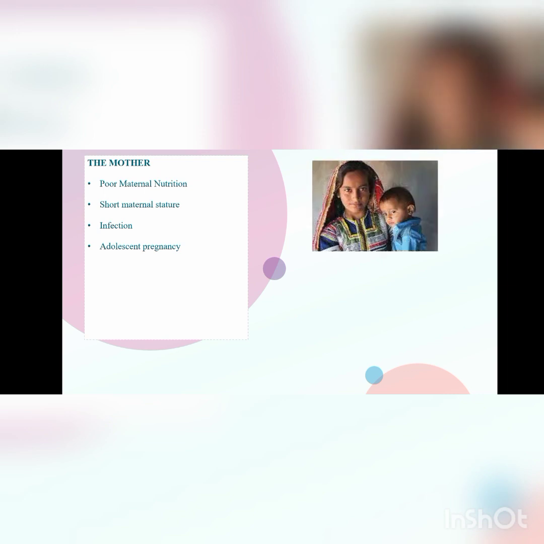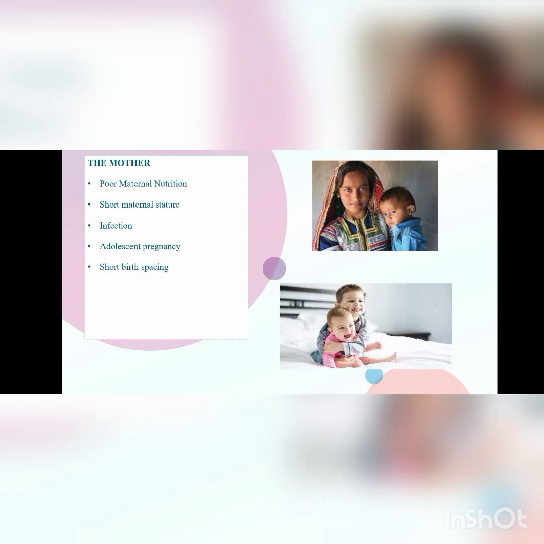in infants. Adolescent pregnancy. Babies of adolescent mothers face higher risk of low birth weight, preterm birth, and severe neonatal conditions. Birth spacing. The World Health Organization and other international organizations recommend that individuals and couples should wait for at least 2 to 3 years between births in order to reduce the risk of adverse maternal and child health outcomes. The other causes are IUGR, preterm birth, and hypertension in mothers, which can also cause childhood stunting.